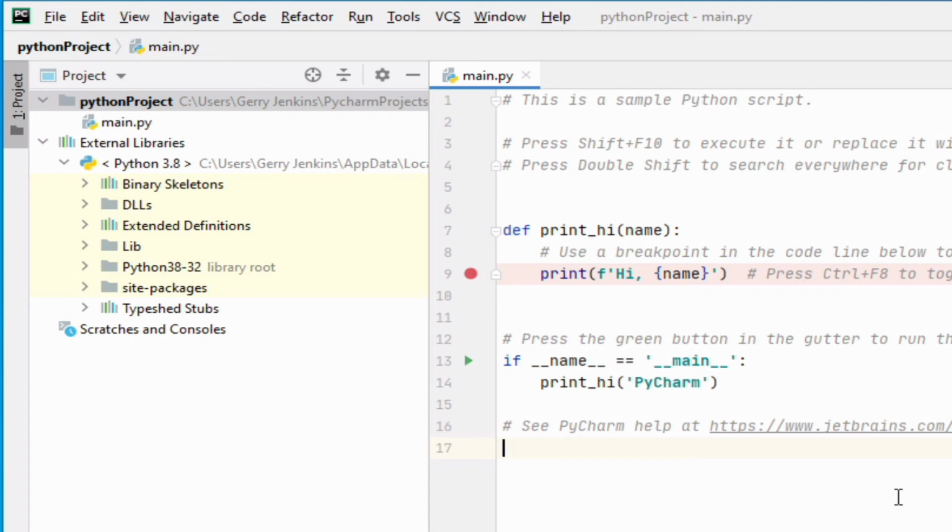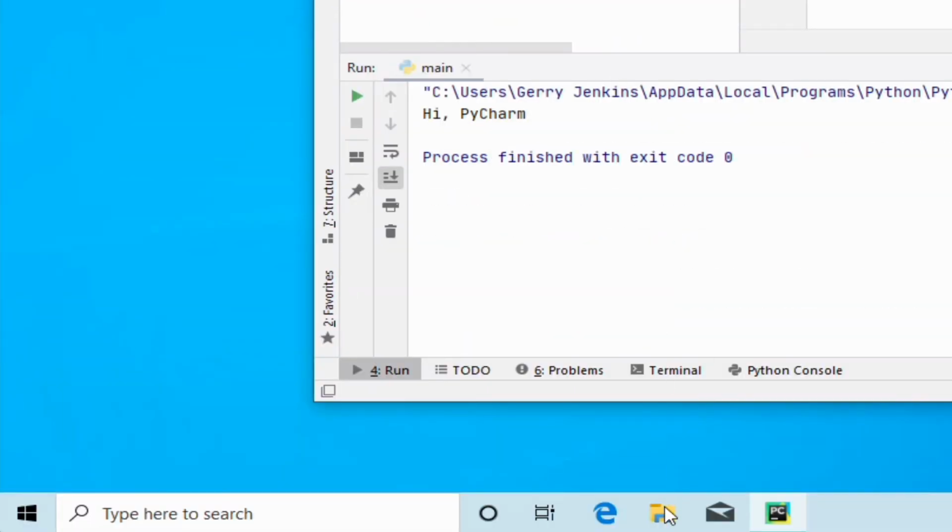So we're going to show you another way of doing this. You notice our project name is Python project, and we just let it default to that. So we also need to show you how to name your project. But this is how the project looks. You'll have this in a file. If you go to a folder,